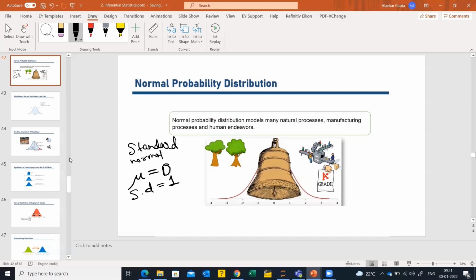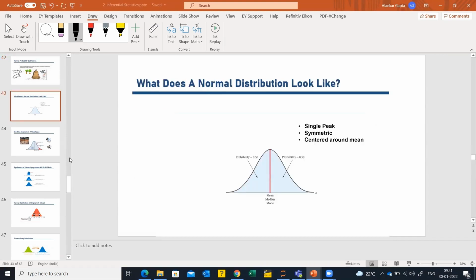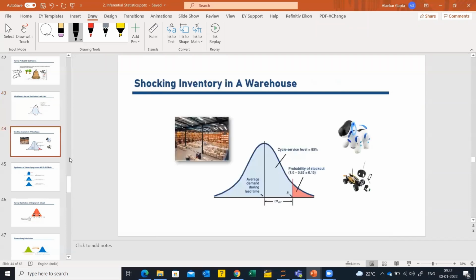So this is how a normal distribution looks. We'll go through more technical details of it in the later slides. Now, if you see a normal distribution, it is very symmetric, right? If you draw a line in the middle, you can see it has symmetry, just like in front of a mirror. And it has only one single peak, centered around the mean. So a lot of the data is centered around this mean area. Okay, so this is how a normal distribution will look.